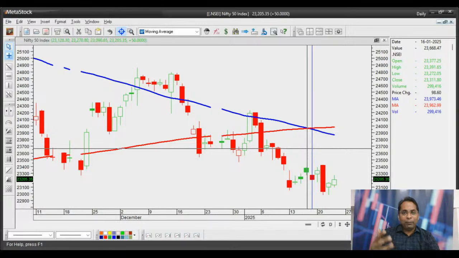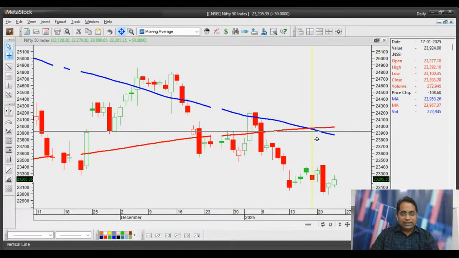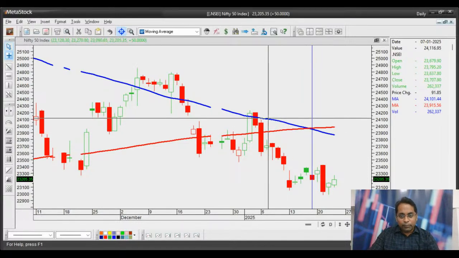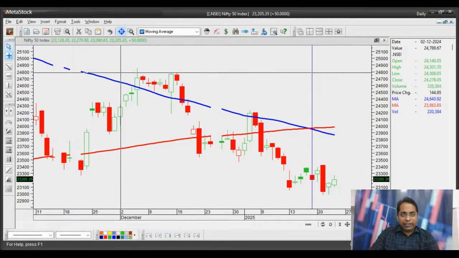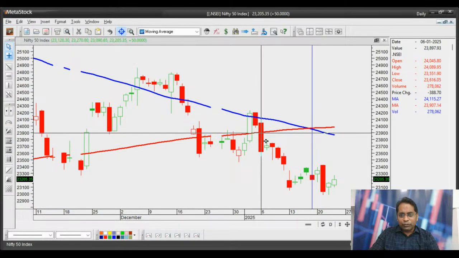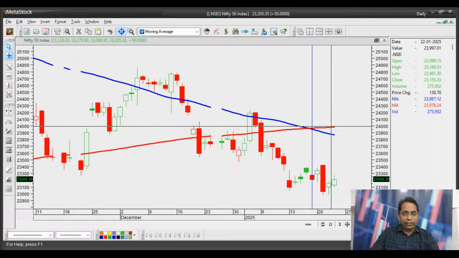Now you would be amazed to see the kind of observations which you'll be putting across for death crossovers. So let's hope and pray that we don't see a major impact on the negative side, and the bearish sentiment which has been going on for the last 4 or 5 months, that could probably take a back seat, and you might see some bit of reprieve or revival. But then the discussion today is just on the basis of what this death crossover is. So as I said, the 50 DMA, in this case, this blue line which you can see is the 50 DMA. The red line which you can see is the 200-day moving average.